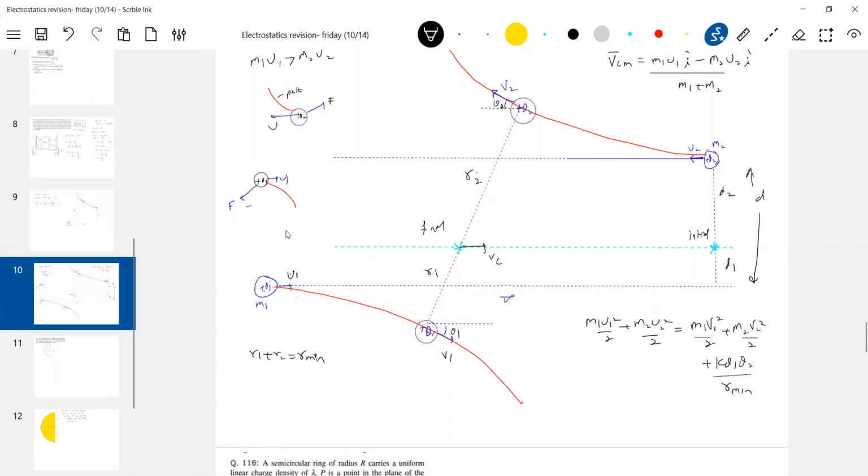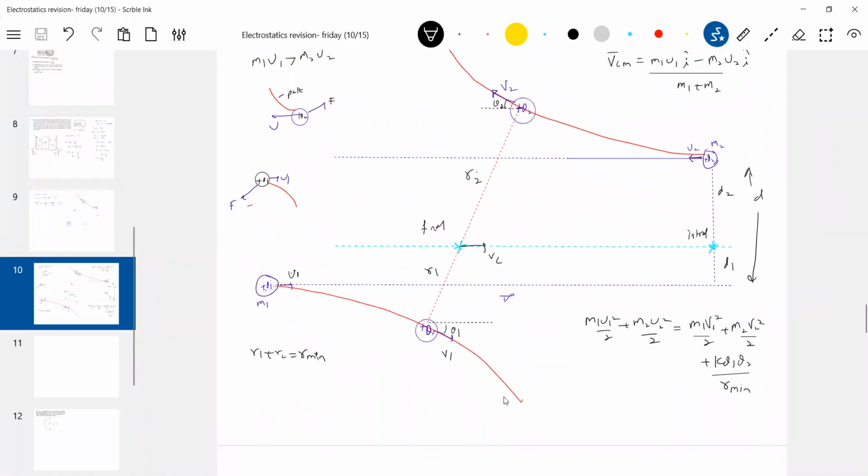I'll bring one more page. Okay, this is about the thing. So the velocity along the line joining the point charges should be equal. When it will be minimum, the velocity along the line joining the point charges should be equal, no? Similar to the collision idea. Then again, if force acts, it will further increase.